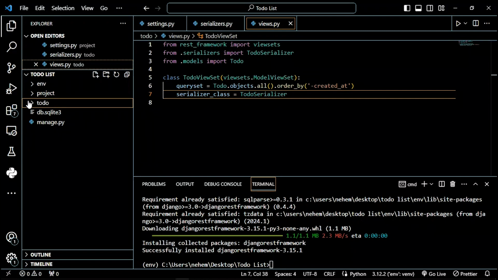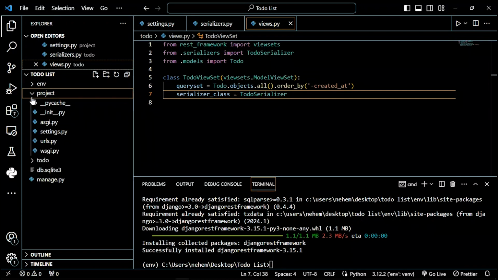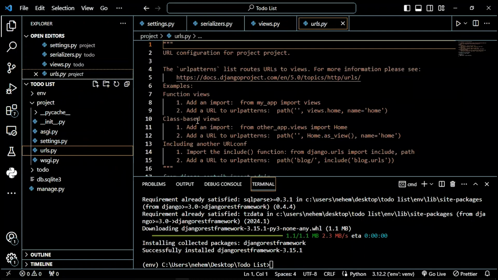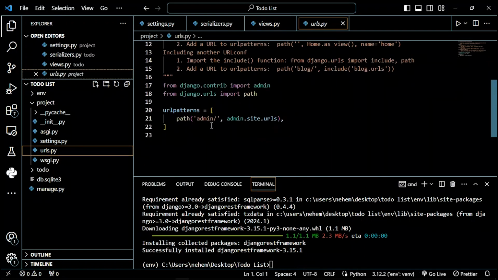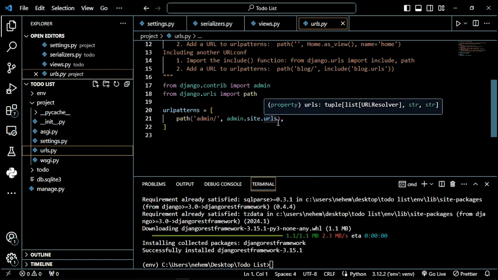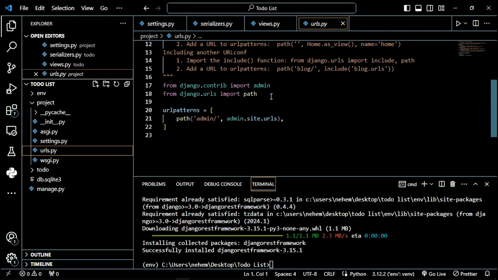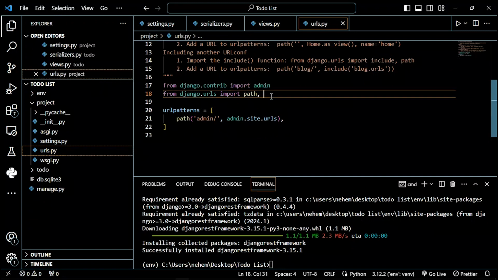Let me just create it directly in the project. So in the project, in the URLs, first of all we are going to have this admin to the URL patterns. So again we are going to use the router. So I think first of all path, also we can also include